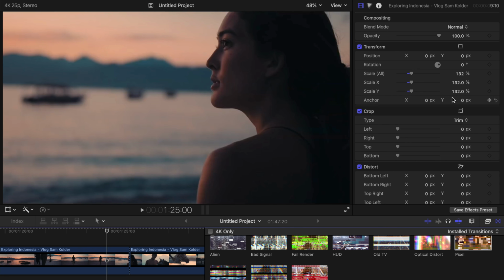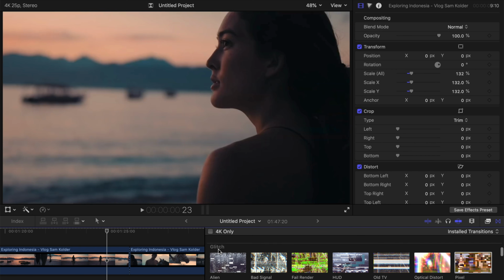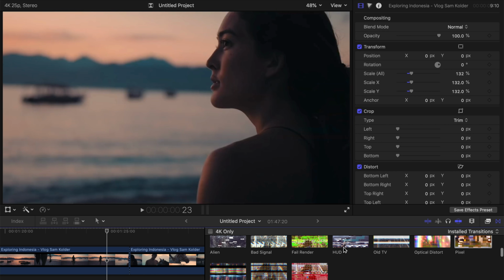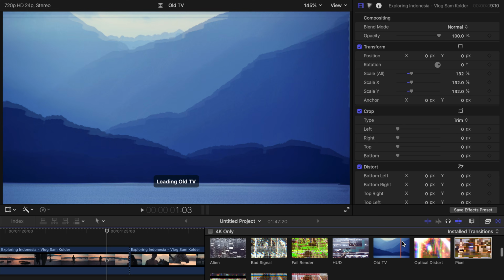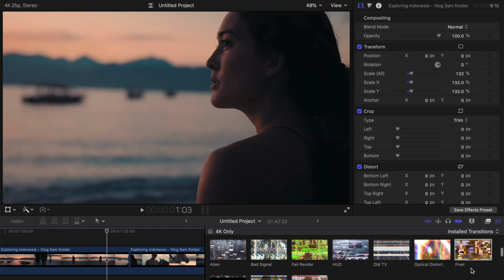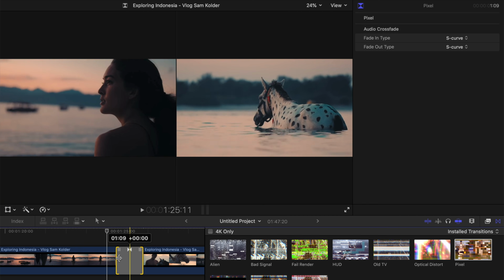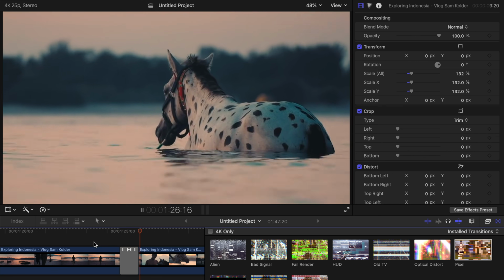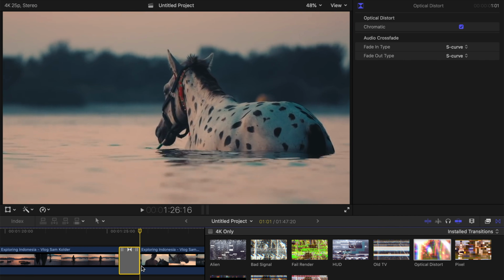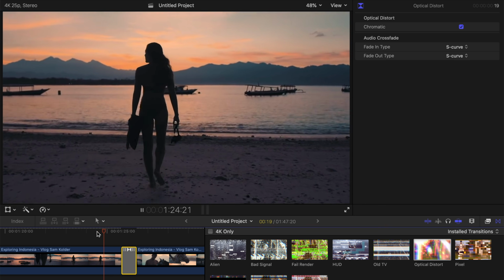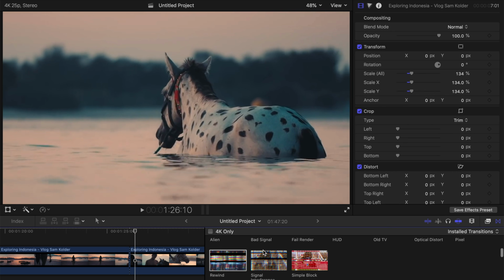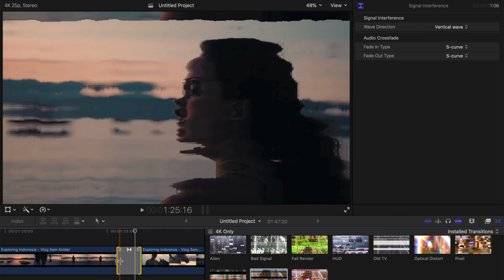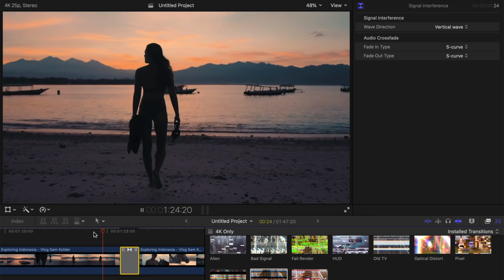Okay, so lastly, I'm going to show you guys the glitch transitions. So how can you forget the very powerful glitch transitions? And they are very applicable, and they are just awesome. I'm just gonna choose one of them, Pixel, and without changing much, you can see that by just shortening the time, it looks already fantastic. Let's change another one, Chromatic, also change the timing a bit. Wow, it looks so futuristic. And the last one, this one is like a combination of 3 glitch transitions, and this transition just looks amazing.